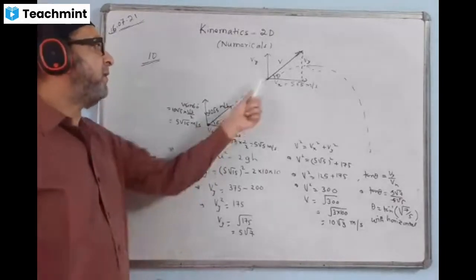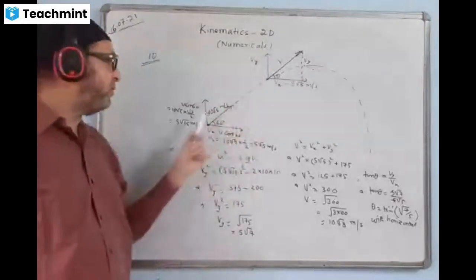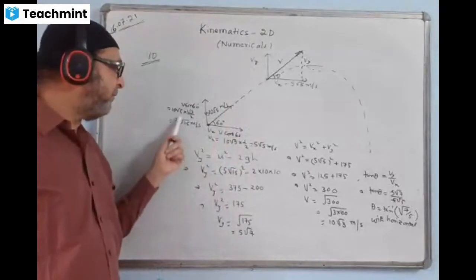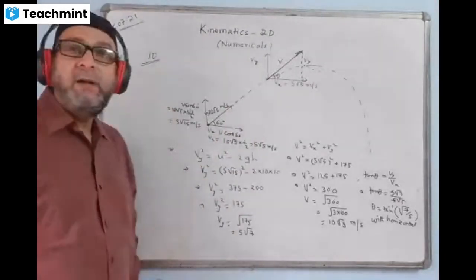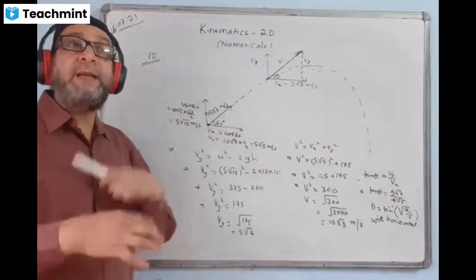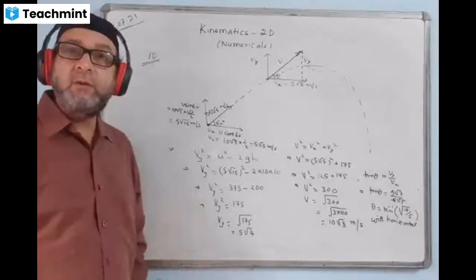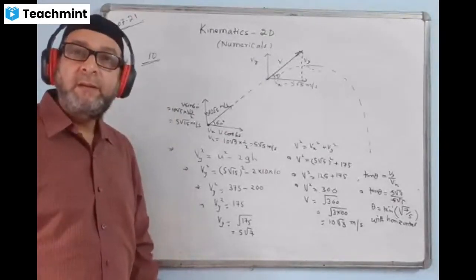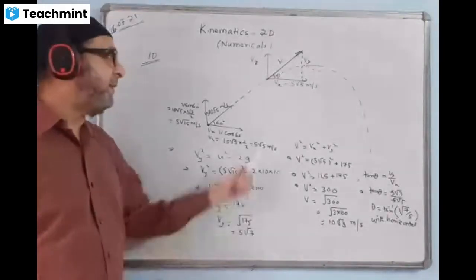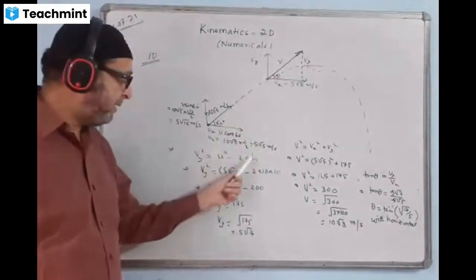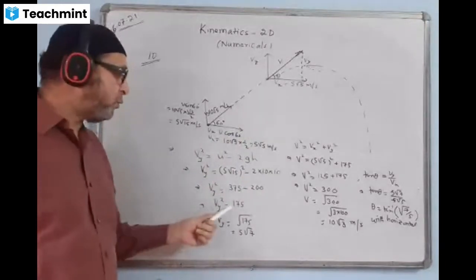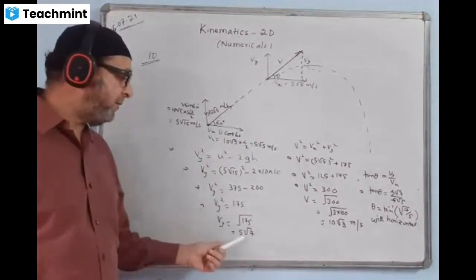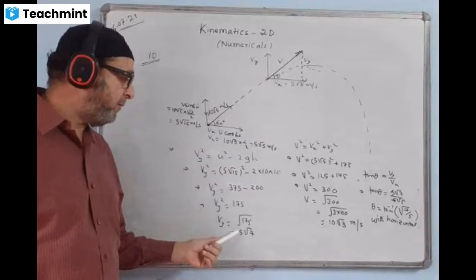Vertical velocity will change. Initial vertical velocity was 5 root 15, that I'm denoting by U. And now I'm finding the value of Vy, because the question doesn't say maximum height of 10 meters, so don't use the formula of maximum height. Height is given 10 meters. For H I put 10 here and calculated the value of Vy. Vy square value is 175. Vy value will come 5.